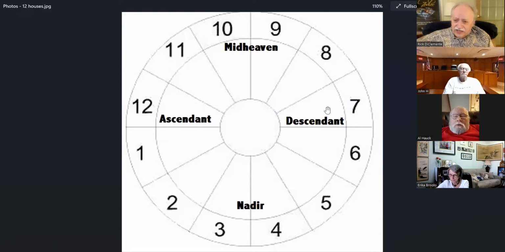Planets in the seventh house tell us a lot about how you are as a counselor, how you are as a teacher of people, how you are as a mediator. And it tells us an awful lot about your marital status, ability to stay married, to get into one, et cetera, et cetera. So you can see the whole zodiac is just becoming more and more complex as we go.